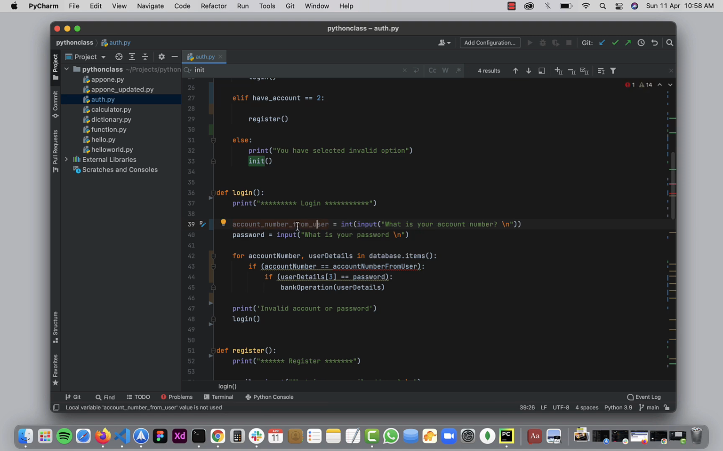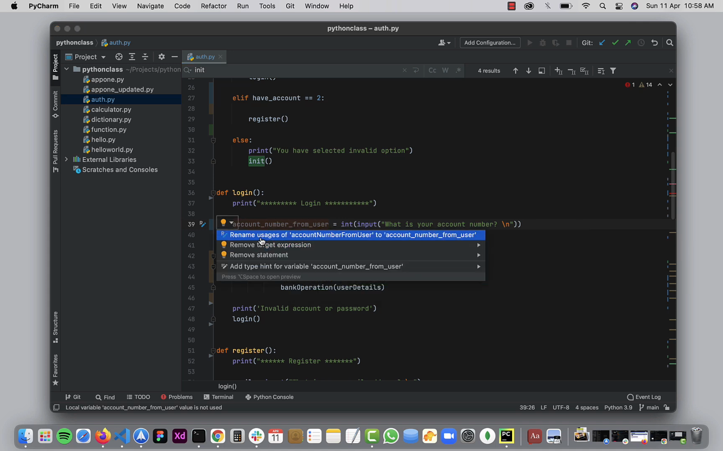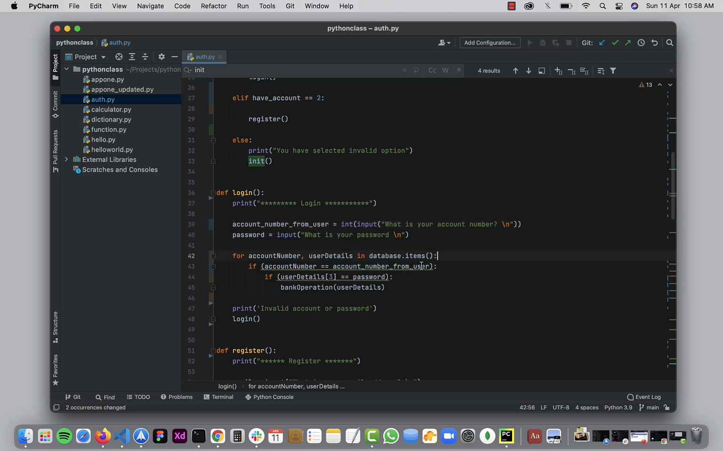So another thing we can do is, once I corrected this first instance, I can click here and then rename every usage of this particular variable in my entire file, and you can see it automatically just changes that for me. I can do the same thing here, account number,